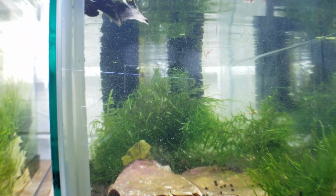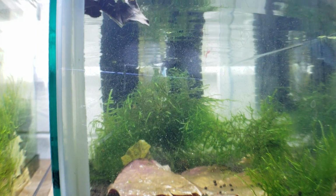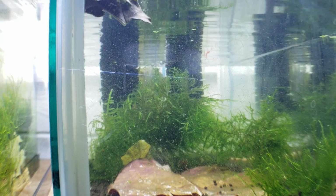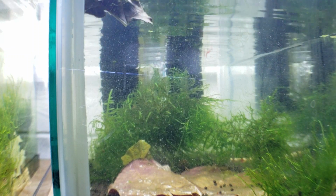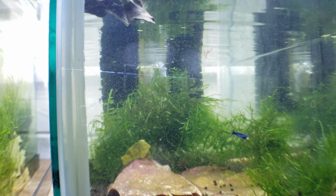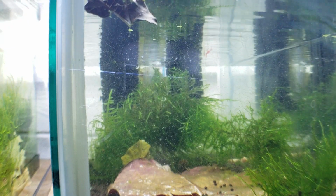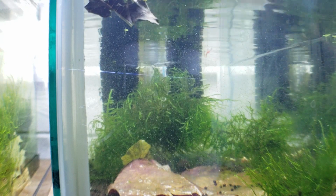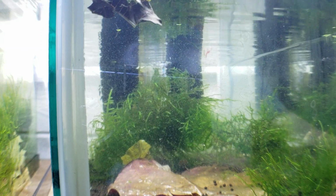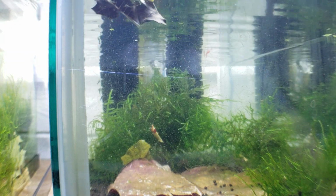All right, there's times when you want to clean your tank, scrape the glass, and at least with me, I got big hands, so big arms, and when I put my arm in there and go up and down on the glass, the whole tank turns into a whirlpool, and stuff starts going everywhere. It freaks out the shrimp. So where's that? Oh, here it is. So what I do is